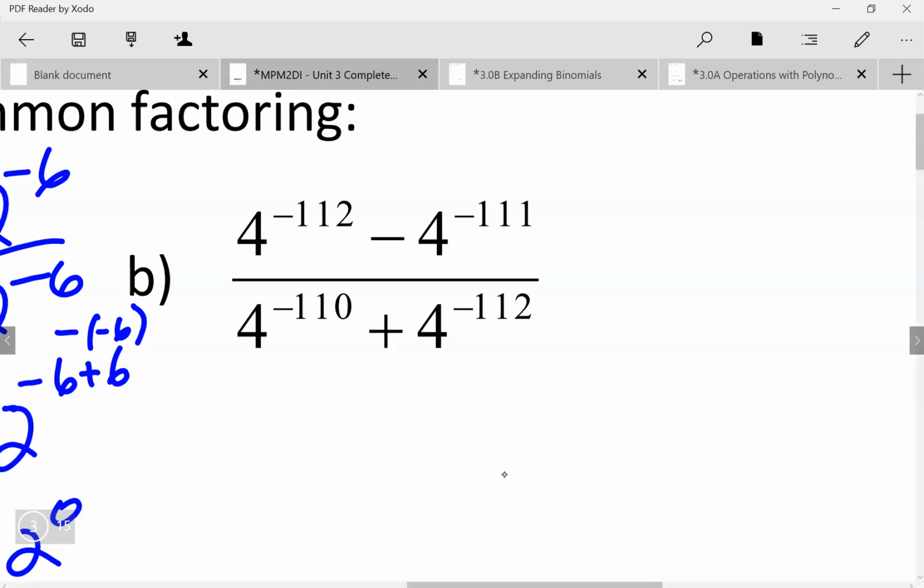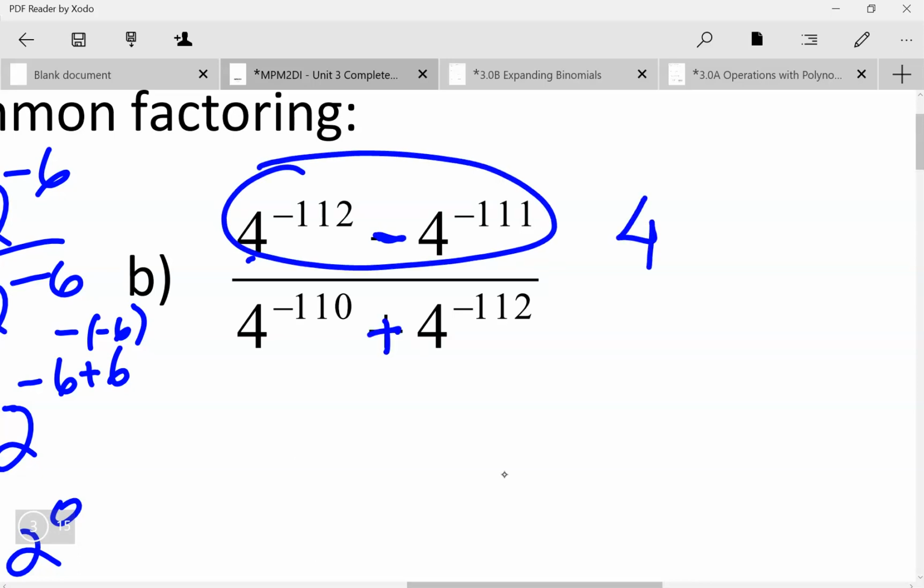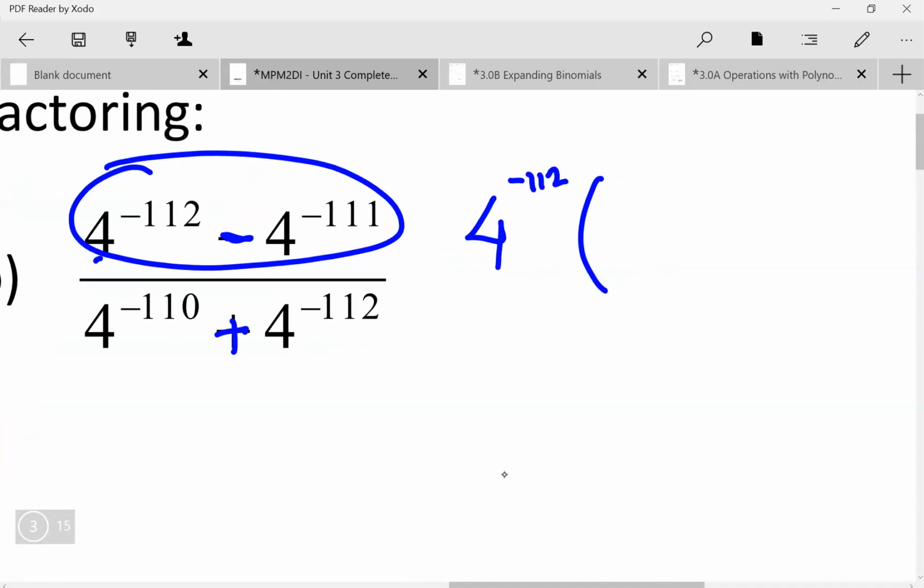Again, here we have a subtraction in the numerator, addition in the denominator. So first I'm going to work with the numerator, factor out the lower part, which is 1/12. What I am going to do is divide both by, technically, a negative 1/12. So both, I'm going to do minus negative 1/12, minus negative 1/12. This is going to give me 4 to the power of 0 or 1. This is going to give me 4 to the power of 1, which is,